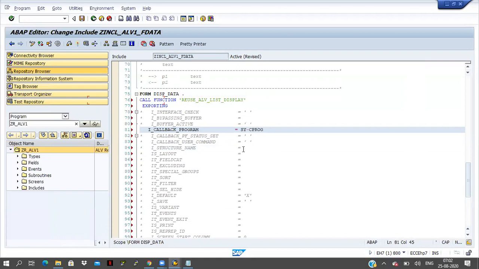And one more thing, I underscore structure underscore name, right? No, that is not required. That's okay, but someone told like this. I underscore structure name is required when we have to take all the fields.